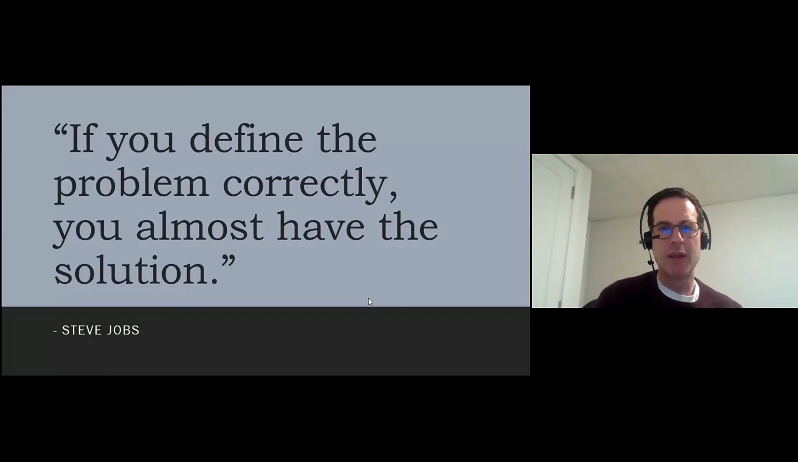I wanted to begin with this quote from Steve Jobs because I think it really captures the importance of data collection. If you define the problem correctly, you almost have the solution. And I think that is a very eloquent way to begin the talk. Well, I'm biased, of course, I chose the quote, but